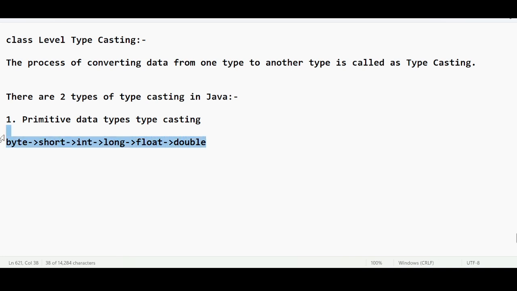From higher to lower is explicit typecasting. We have discussed this topic already; there is nothing to be discussed once again. I just want to give an introduction. The other typecasting is user-defined data types typecasting.